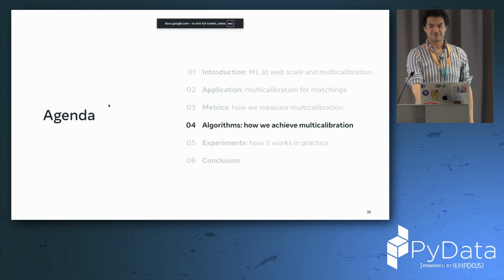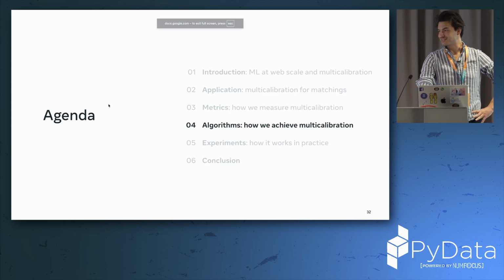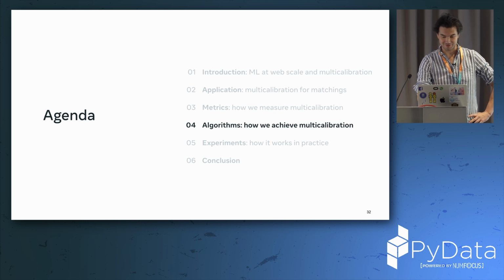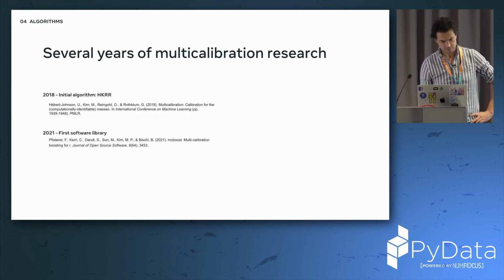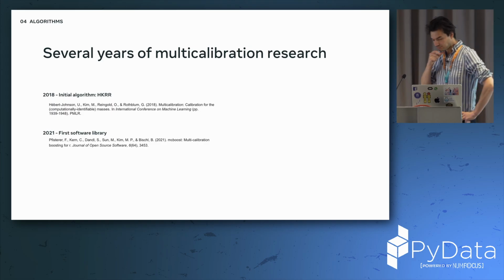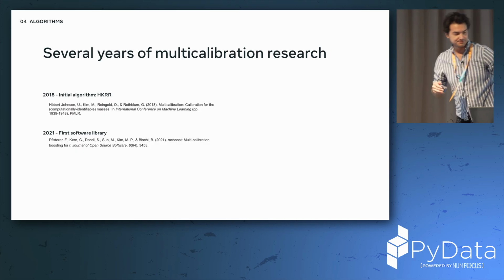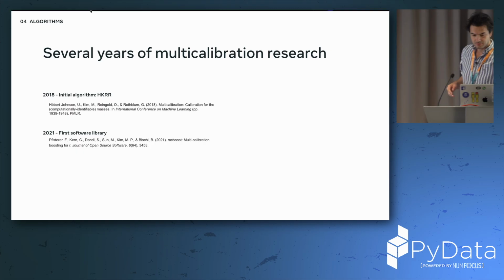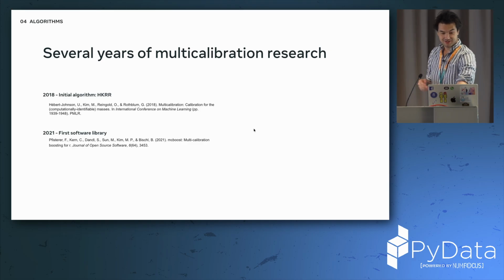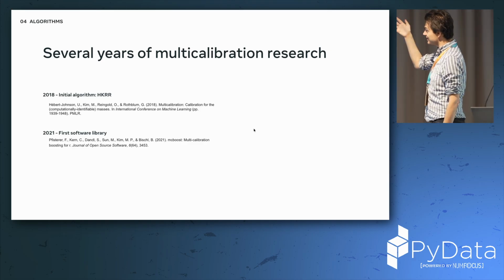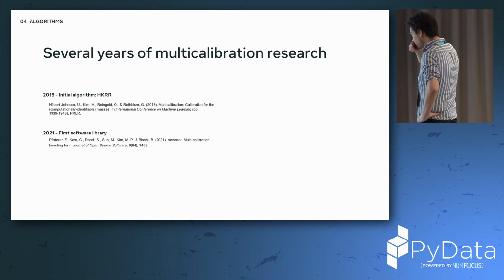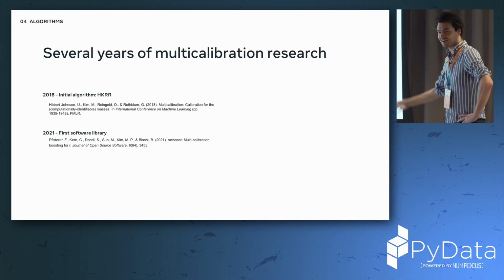All right, so how do we fix it? So we talked only about measurement and the definition and the application so far, but how do we fix it? So multi-calibration, actually the academic literature has been around since like the late,